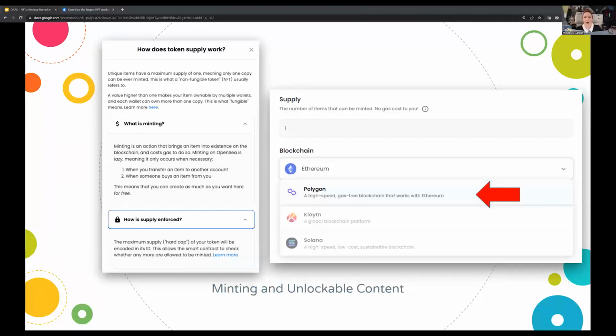So for this demo, I suggest that you choose Polygon so that you won't have to deal with any fees until you sell your NFT. So Polygon basically means that you don't have to pay any gas fees up front. You just pay them once your NFT sells. So we can go through this process and you can get the whole experience without having any currency in the wallet.